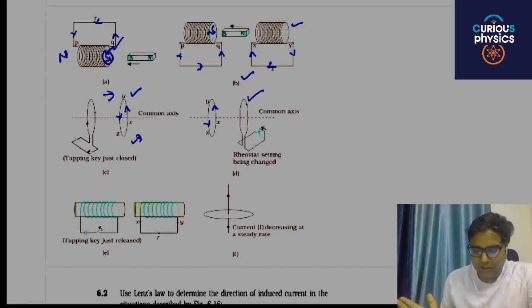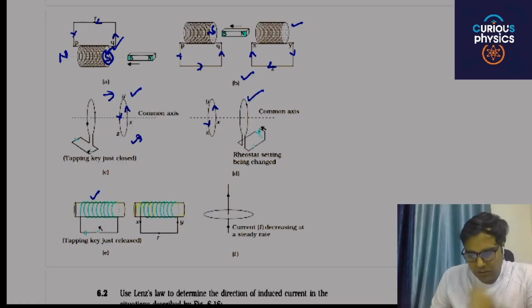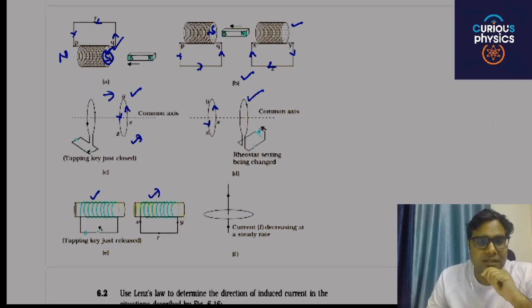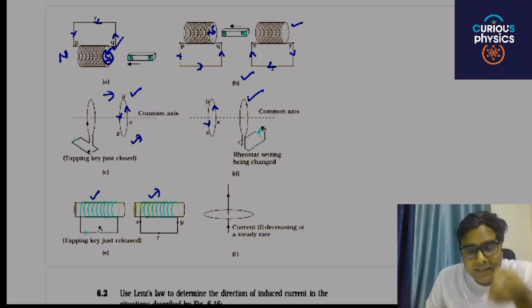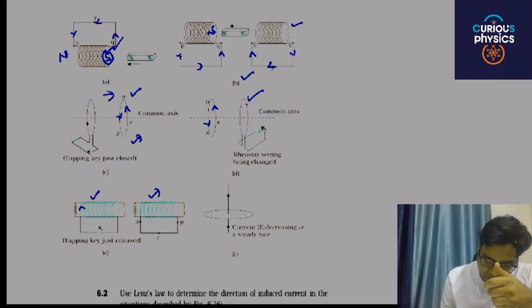Okay, in part E, it is the same as part C, but in the opposite case. If you just remove the current in part 1, then the magnetic flux in the second coil will suddenly drop. The magnetic flux will suddenly drop. Then to maintain the magnetic field or magnetic flux, the direction of current will be in this direction, because here the current is moving in this direction,